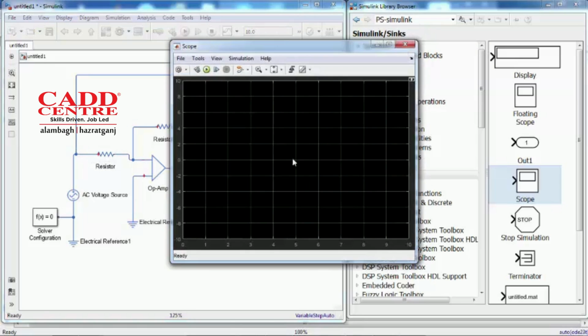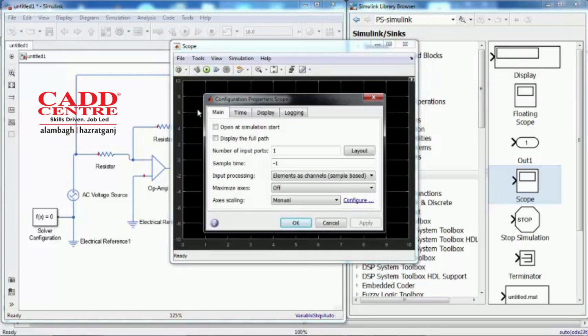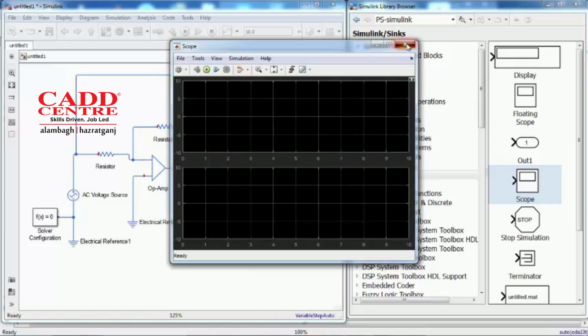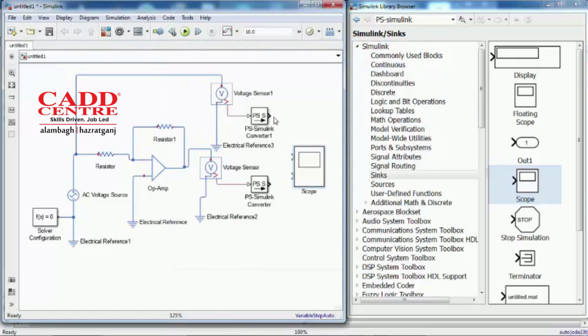So double click on this scope and then go to settings and then provide the number of ports as 2 and provide also the layout. After that apply and then click OK. Then close this window. After that connect this like this and also connect like this. So here we have connected